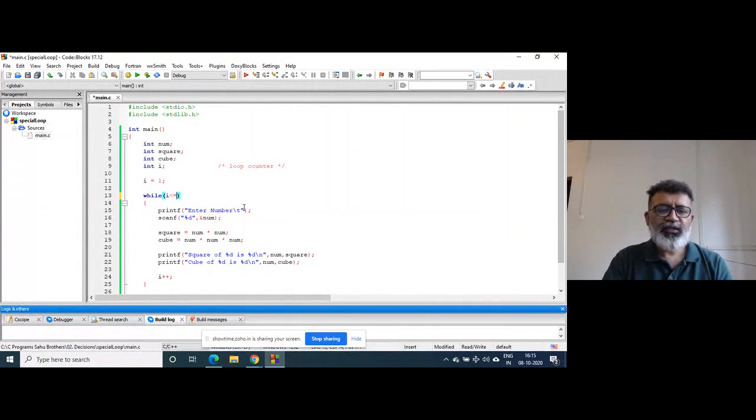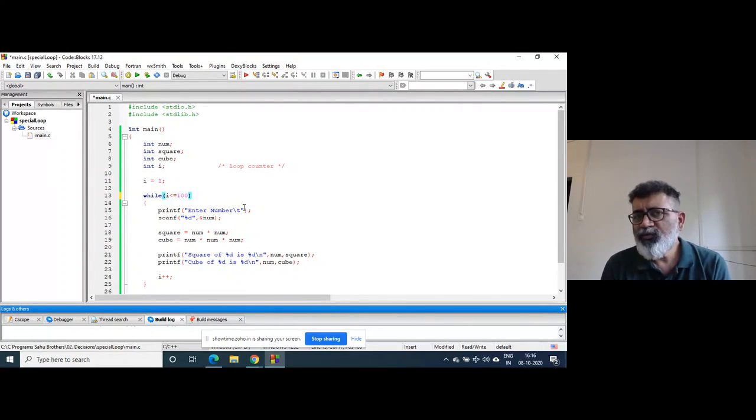Suppose I want to enter 3 times. I will have to make changes there. This is one problem. Suppose I enter 100, it will be executed 100 times. But in that process, suppose after entering 10, I feel that I no longer want to execute. It will still be executed because control is inside the loop. So abnormally, you have to terminate that program.